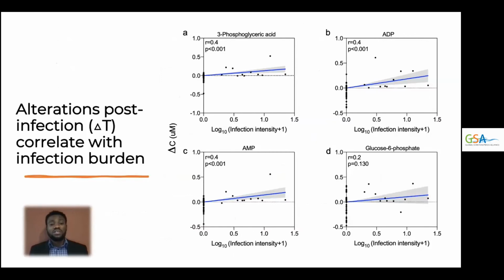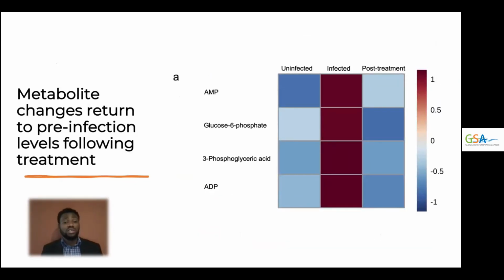So if indeed these metabolites are increased post-infection, then it is plausible that upon regression analysis, we found that as infection intensity or infection burden increased, the levels of these metabolites also showed an increasing trend. Now, even more interestingly, an analysis of children who tested positive for schistosome infection and were followed up 3 months later showed that these significant metabolite alterations returned to near pre-infection levels following curative treatment with praziquantel.